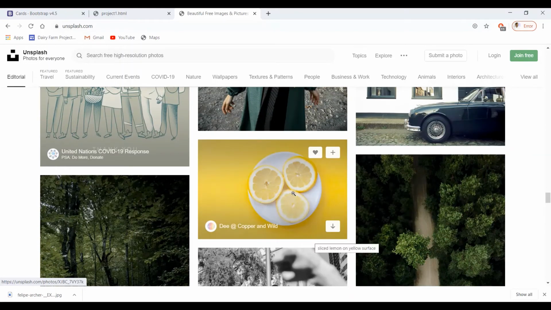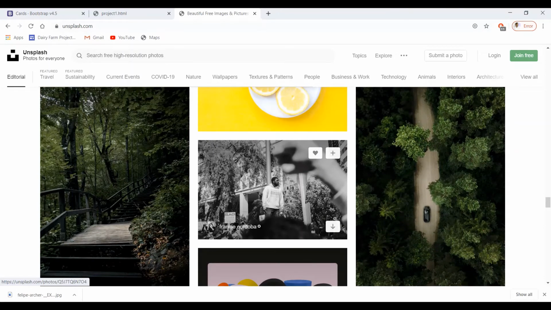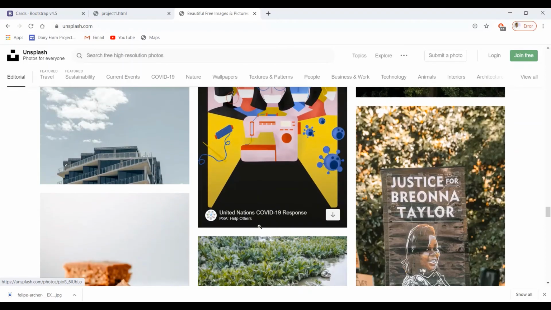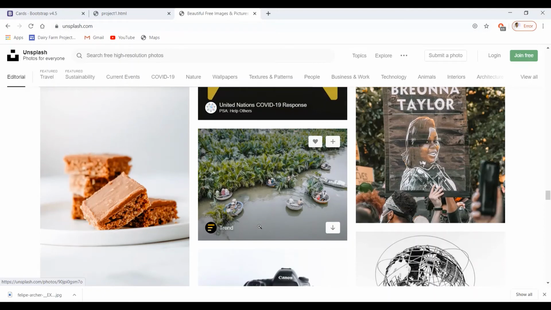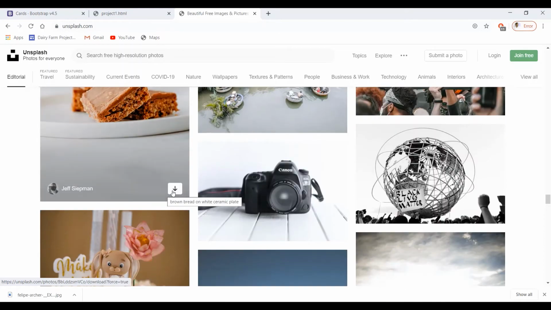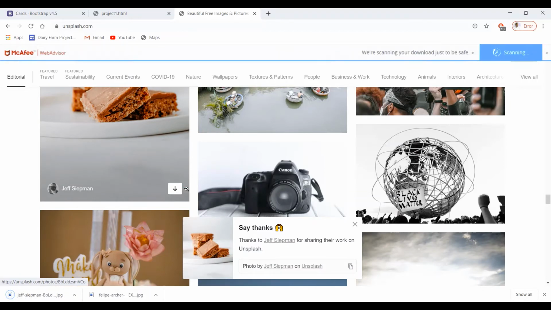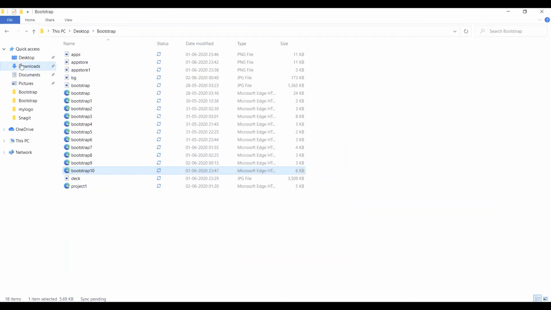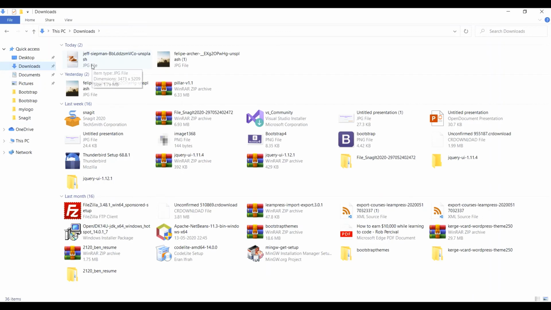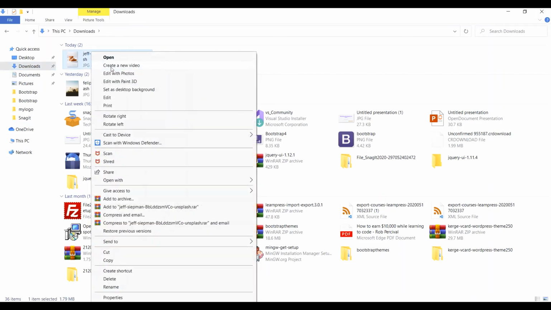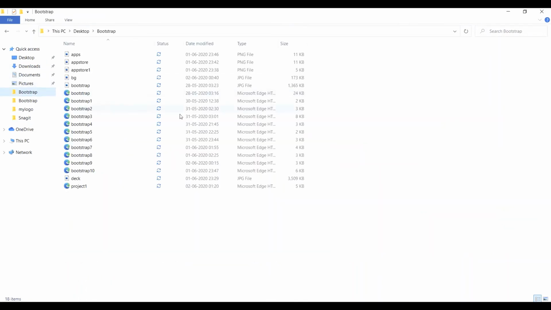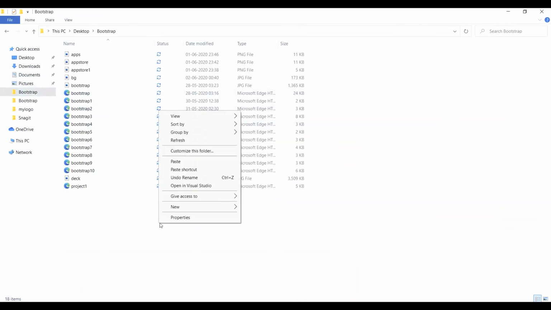So with this image, go to the download, and from download I will copy this image and put it in the Bootstrap, paste it here